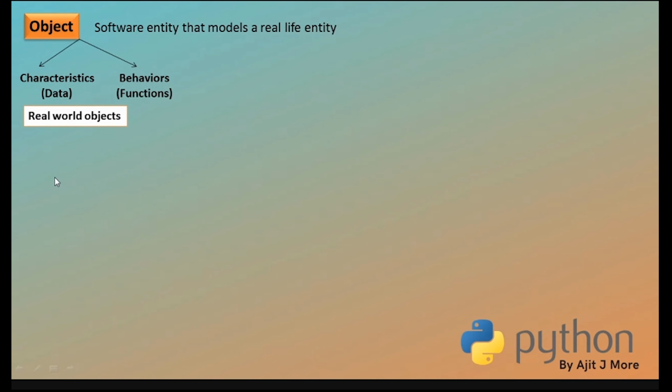I have put some real world examples. Always remember, behaviors control characteristics, and similarly functions control data. Yes or no? In the real world, our behaviors control our characteristics, and in a similar way, functions are going to control data. Inside the function, we write code that will access or manipulate that data.